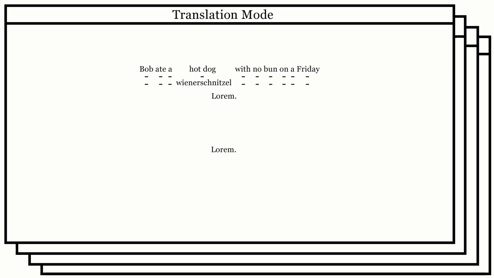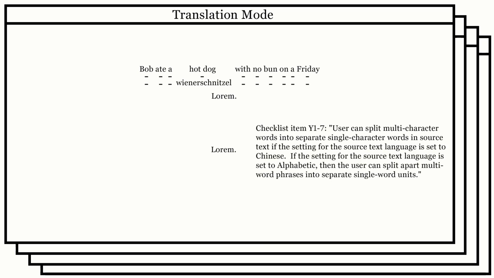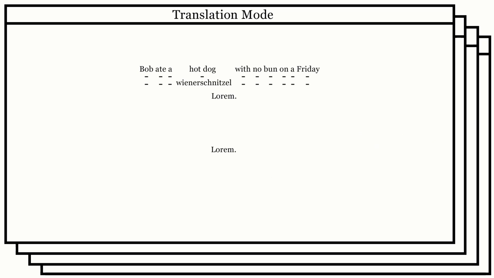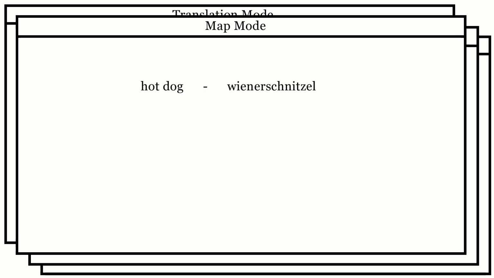Lovely. Now let's have a few features for dealing with this stuff. Checklist item 1-7. User can split multi-character words into separate single-character words in the source text if the setting for the source text language is set to Chinese. If the setting for the source text language is set to alphabetic, then the user can split apart multi-word phrases into separate single-word units. Alright, suppose we have nothing in translation mode, and in map mode we have hot dog is Wiener Schnitzel,